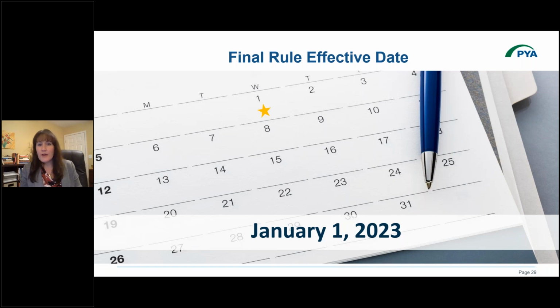So as a reminder, the final rule is effective as of January 1 of 2023. So we want to make sure that we're ready for those changes. And because E&M changes have been pushed through CPT and AMA, all of those guidelines are in effect as of January 1 of 2023. And now that we have a final rule from CMS, we're seeing that we're moving forward with all of those changes and need to have them ready to go as of January 1 of 2023.